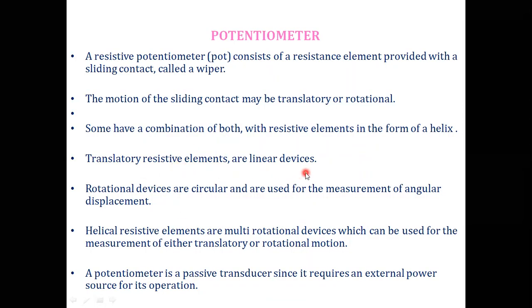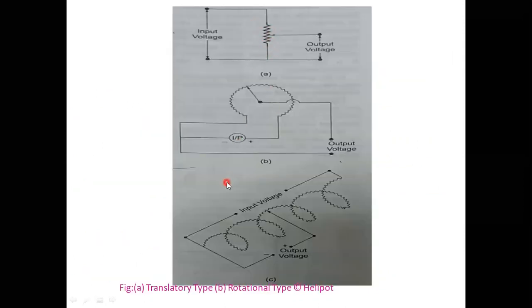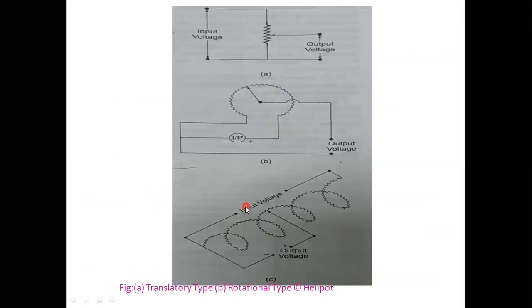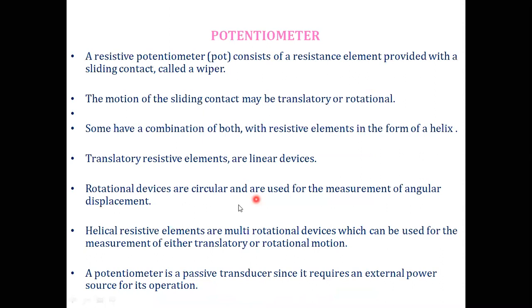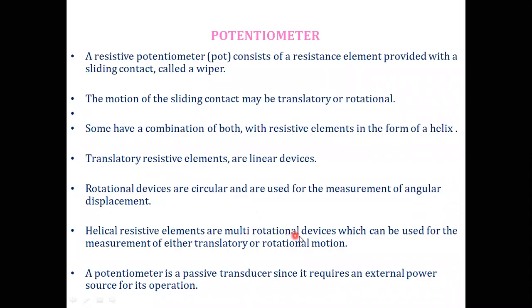Translatory resistive elements are linear devices. Translatory means this one is the linear device. Rotational devices are circular and are used for the measurement of angular displacement. This is mainly circular type, the angular displacement type. Helical resistive elements are multi-rotational devices, which can be used for the measurement of either translatory or